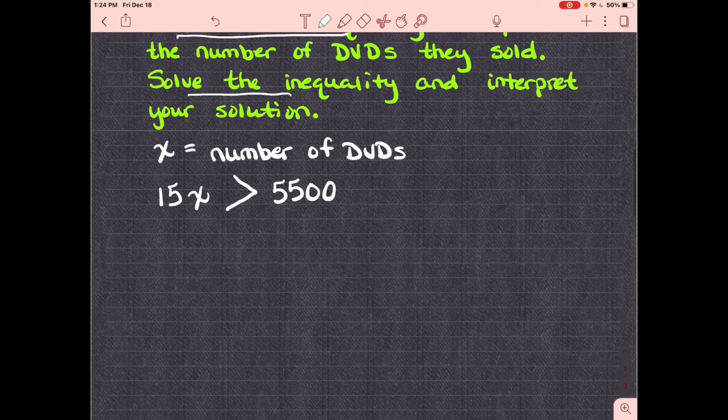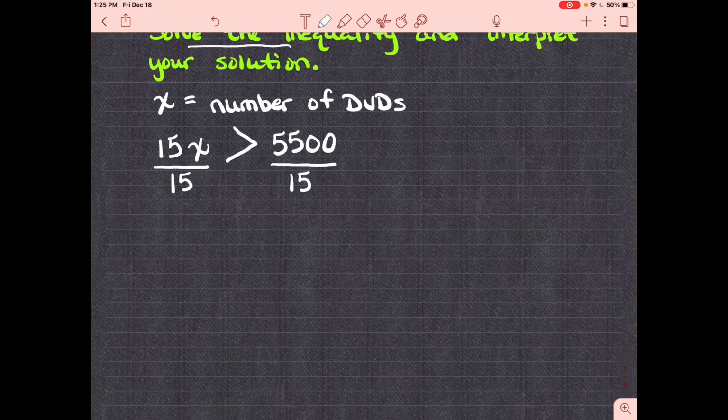So in order to solve this, I'm going to divide by 15. And I'm going to ask myself a question every time I multiply or divide with inequalities. Did I multiply or divide by a negative? No, I did not. If I did not multiply or divide by a negative, I'm going to keep the sign the same. Make sure you keep bringing down your sign, but copy it exactly the same unless you multiply or divide by a negative. All right, to finish this out, I need to do 5,500 divided by 15, and I am going to get, I believe, like a decimal. 5,500 divided by 15 gives me